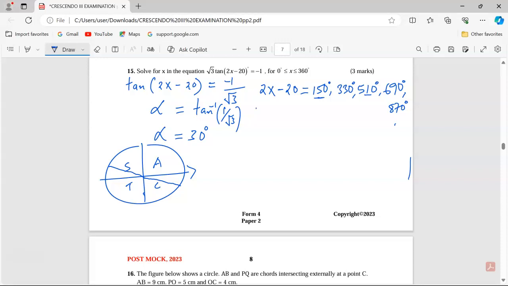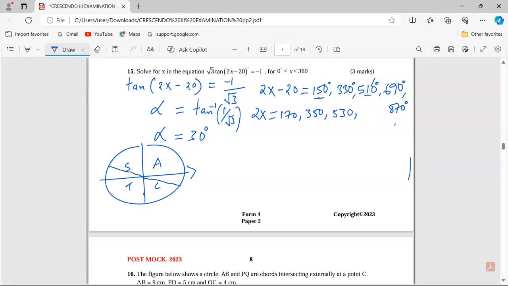So now we can get 2x, which will be equivalent to 170 because we are adding 20 to the respective angles. 350, 530, 690. Now when we add 20, we get 710, then 890. Now to get x, we have to divide through by 2, such that 170 over 2 is 85,